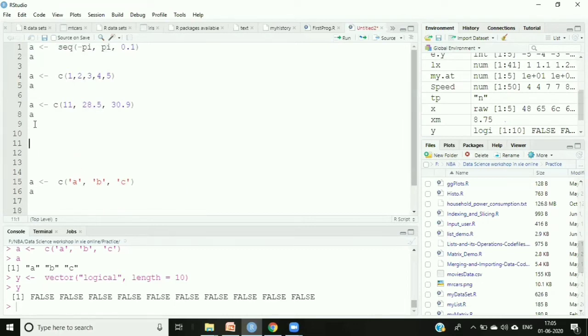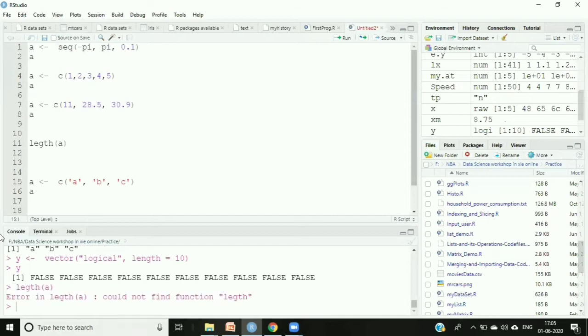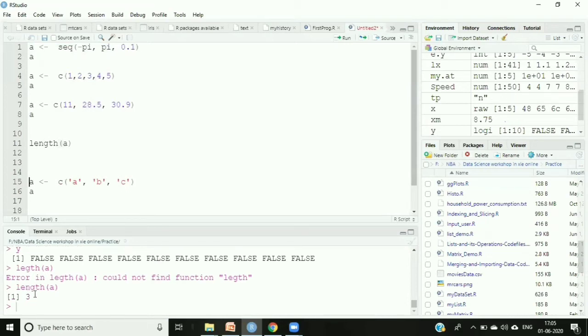So what I can say, length(A). Sorry, mistake, length. So it's showing me 3. That means 3 elements are there in this particular A vector, right?